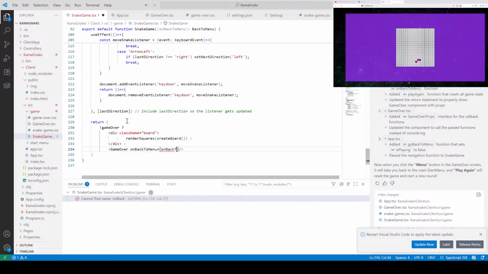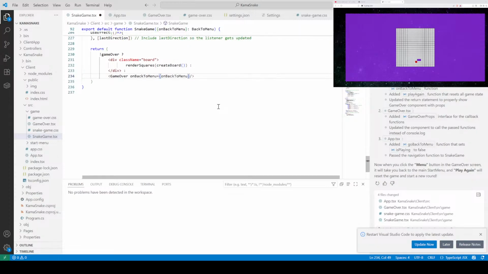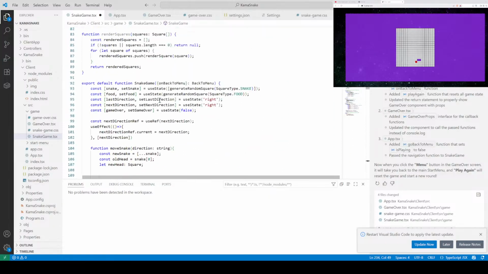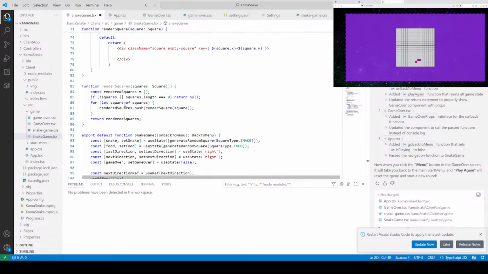So on back to menu, should it be just passed like this, or should it be passed as another lambda function? I guess it shouldn't, because it's already